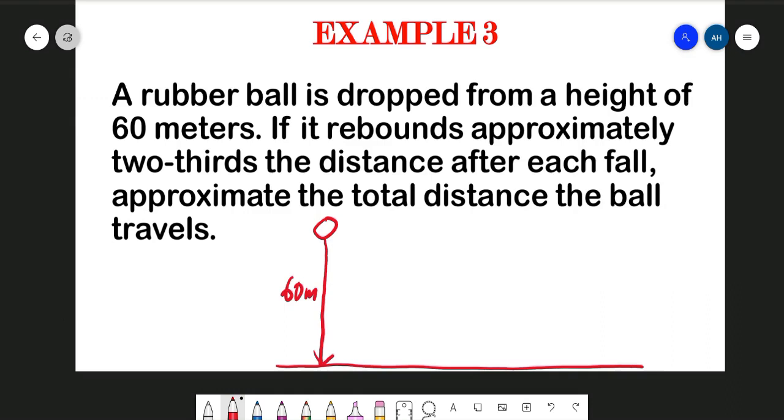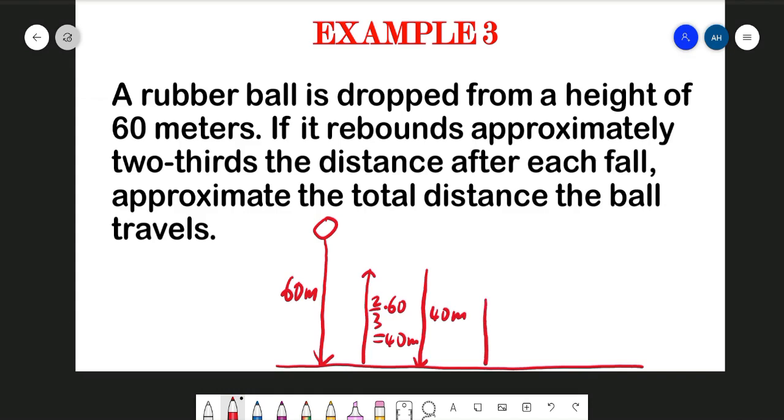And then since this is a rubber ball, it will rebound after it hits the ground, and it will rebound a distance of 2/3 of the distance that it falls. So it will rebound, suppose up to that distance only, that is 2/3 of 60, which is equal to 40 meters going up, and then from there it will go down again also for 40 meters, right? And then after it hits the ground for the second time, the ball will rebound again